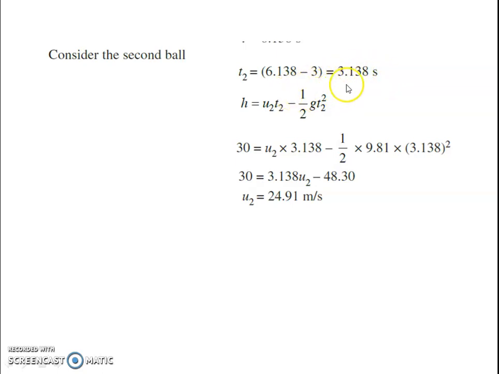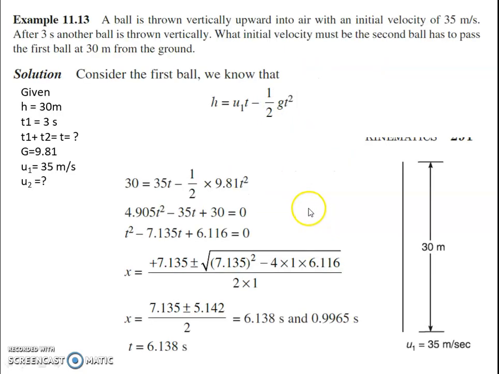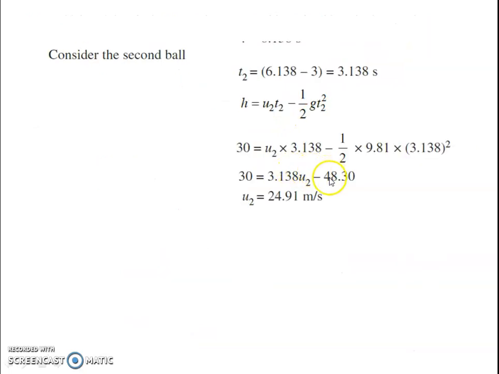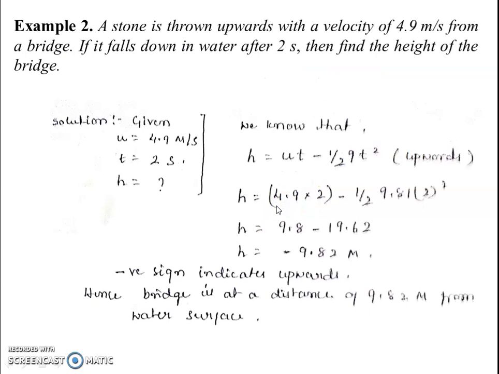Then for that, what initial velocity will be required by ball 2, we have to find, and we found that out by using this equation. So here you see ball A is moving at a velocity, what is that initial velocity? 35 meter per second. Then ball B is moving at a velocity of 24.91 meter per second. Okay. Next,